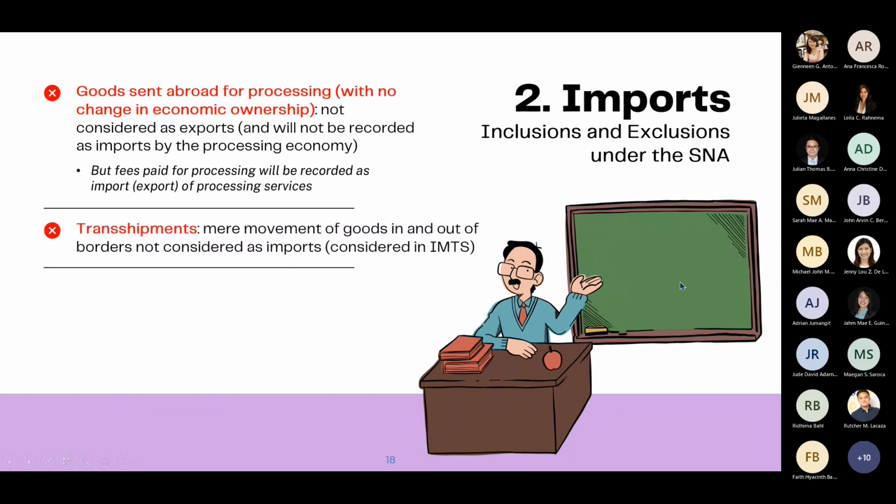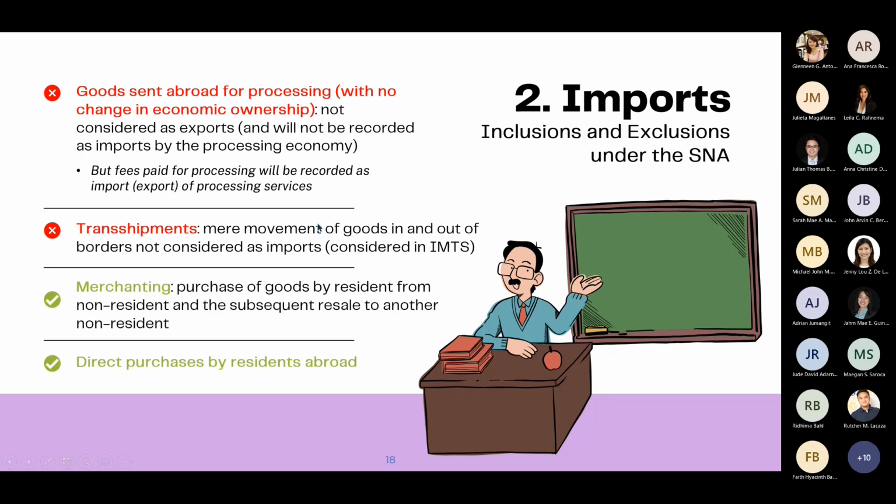Another example that we will not be considering as imports will be transshipments. So these are mere movements of goods in and out of frontiers. They are not recorded under the SNA, although they are recorded in the IMTS. An example where we can consider, or two examples where we can consider